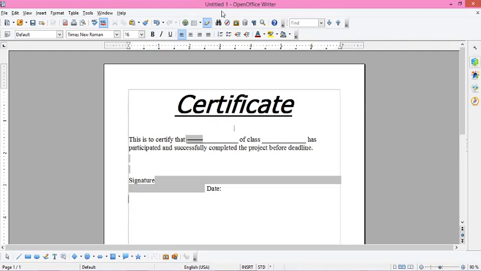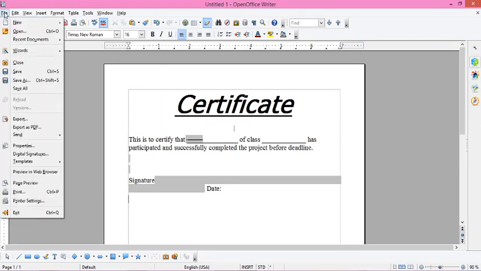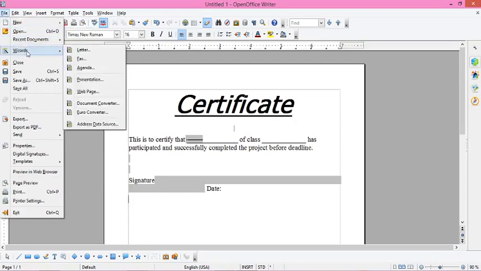The next way of creating a template is using the Wizard, and we can find it from here again by tapping on the File option, and under this Wizard we will be getting various types of categories. We can select any of the categories. We are even provided with the presentation templates. If you want to create a presentation template, the Writer templates, any template for a web page or any other. So this is the way of using the Wizard.